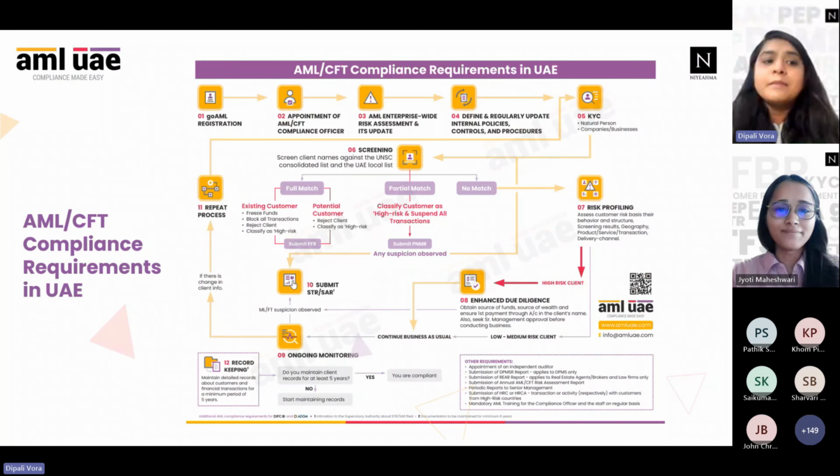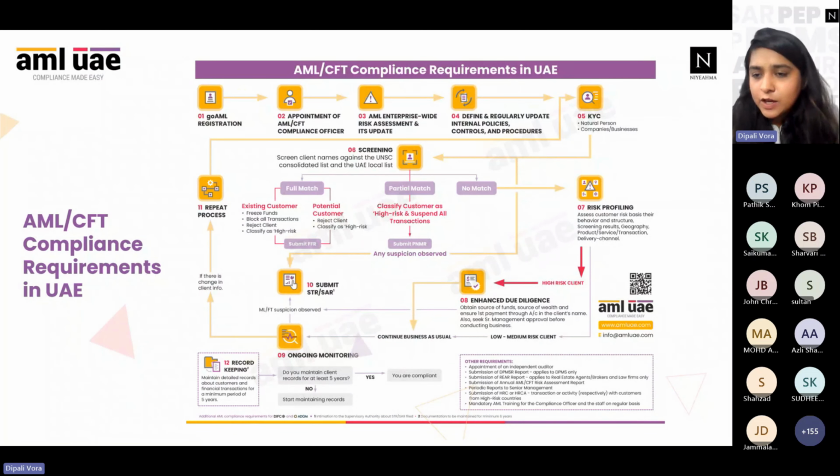Now let's talk about the basic compliance requirements for the DNFBPs which are operating in UAE. The definition of DNFBP includes 5 specific industries: dealers in precious metals and stones, real estate agents and brokers, company and trust service providers, auditors and accountants, lawyers, and independent professionals. These are the 5 categories of companies to which anti-money laundering and combating financing of terrorism rules and regulations apply. There are certain obligations which all of them have to comply with, so we'll touch on this very briefly.